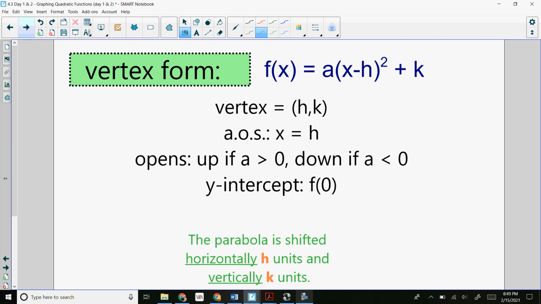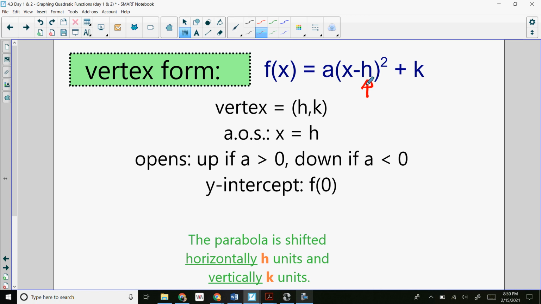And then we have vertex form. Vertex form is next. This is very similar to the last one, but slightly different, where some people prefer this because it gives you the h and the k of the vertex, where it's x minus h on the inside plus k on the outside of our parentheses. Okay. The axis of symmetry is going to be x equals h